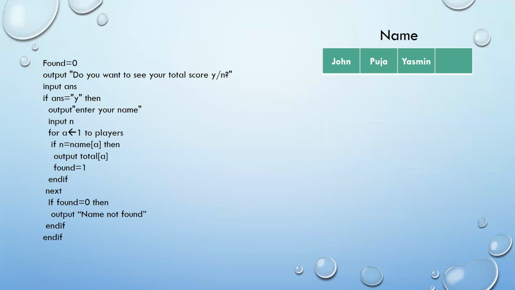Finally, the question says that at any point in time, you should be able to see the score. Now, what is the code for looking at the score? Obviously, if I want to see the score of a particular player, I need to add the name of that player. Without inputting the name of the player, the computer will not be able to give me a proper output. So the first statement is output, "Do you want to see your total?" So either it's a yes or a no. If I say yes, then it will give me another message, "Enter your name", where I'll be entering my name.